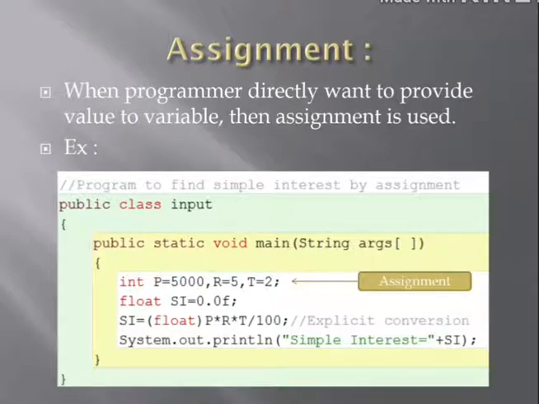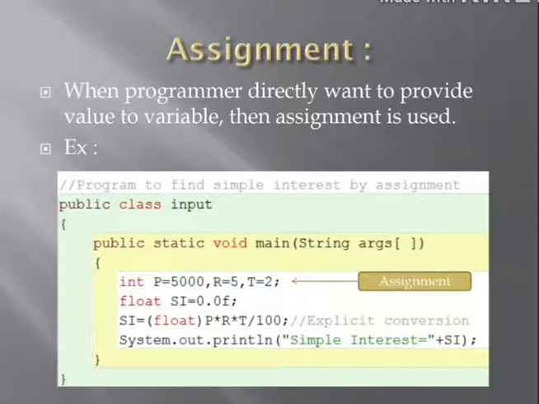See, here I am telling you about assignment. When we want to provide our values directly to variables, that's why I wrote int p equals 5000, r equals 5, t equals 2, semicolon. All 3 variables are of the same type, that is integer, and I have already given the values.